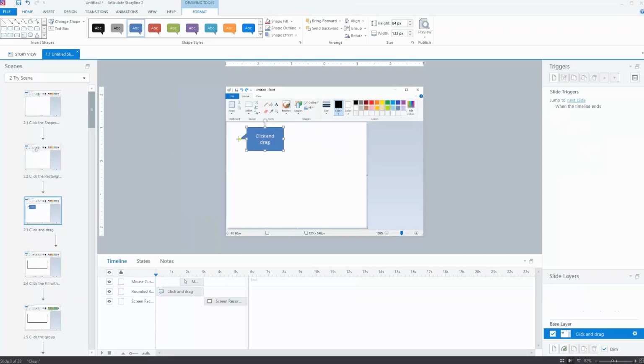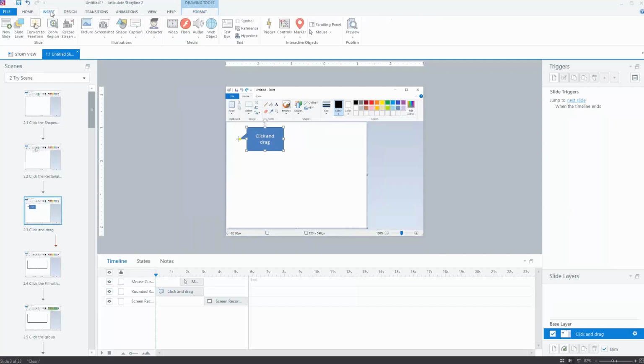Oh, hang on. It's this one, sorry. It's the one that doesn't have the square drawn yet. So I can see that as it reaches the timeline, it actually clicks and drags. So maybe I want to control it, and I want to just say click here, and so I can insert